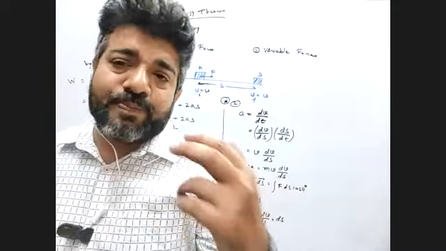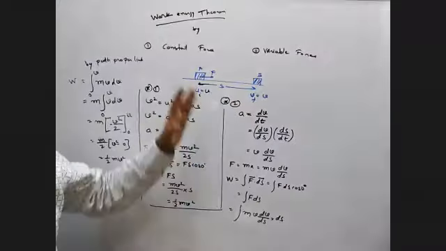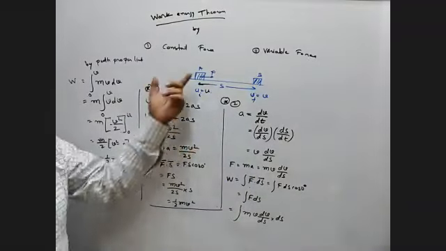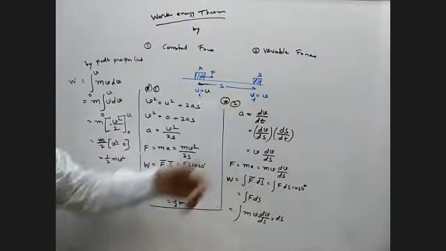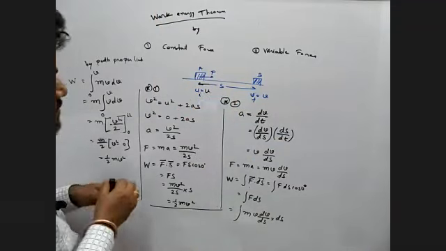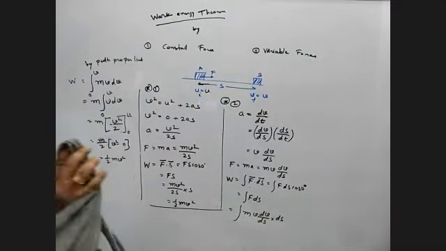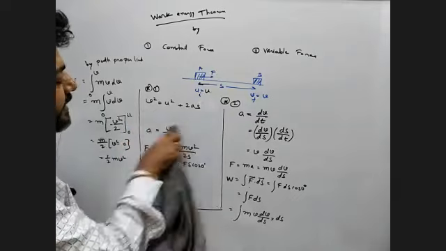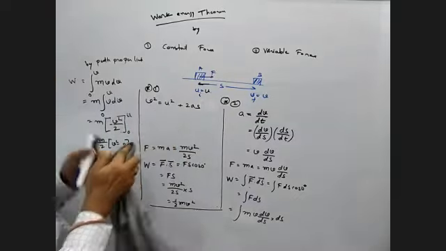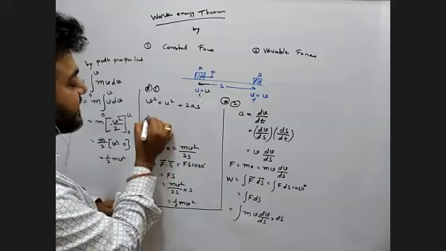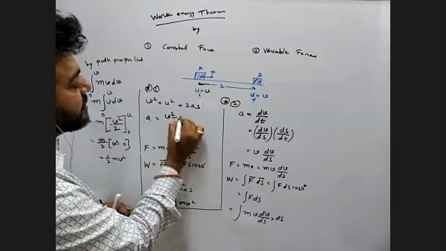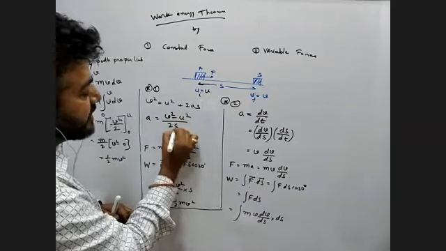And actually 2 plus 2, that is a fourth theory based on the same type. So now you change it to u and v. So as it's u and v, we can write the same thing, v square equals u square plus 2as. So now from that, we can say acceleration is v square minus u square by 2s. Is it okay?